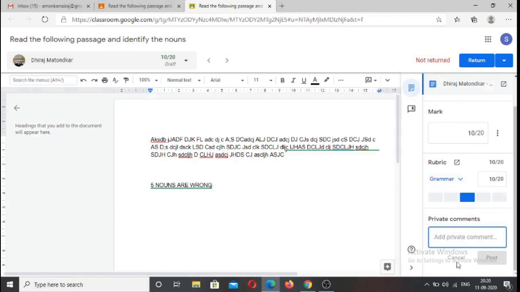It allows you to type in a comment, a private comment to the student, saying, please type your answers in a proper manner.